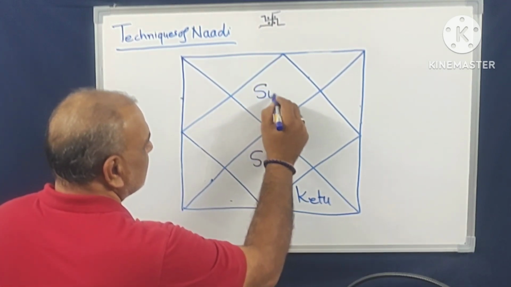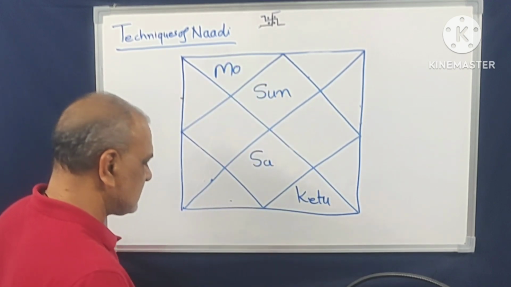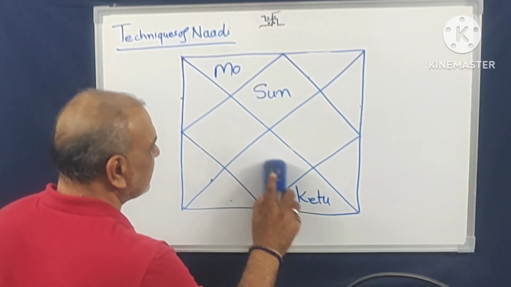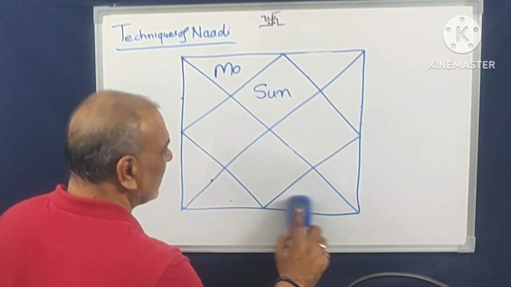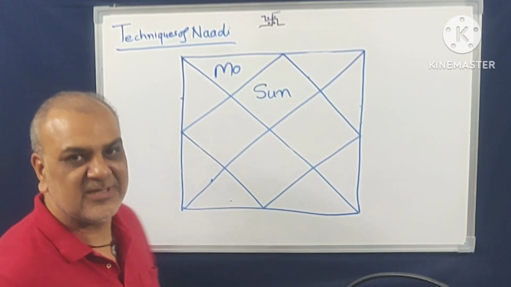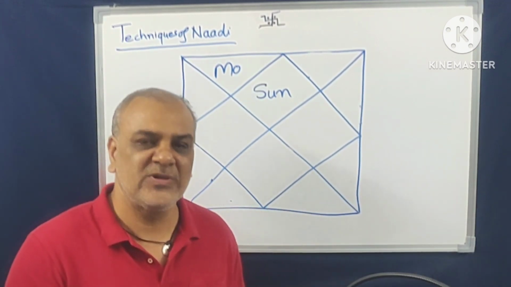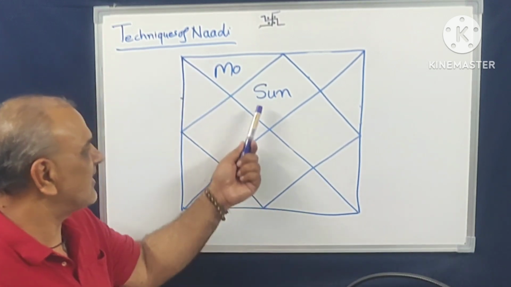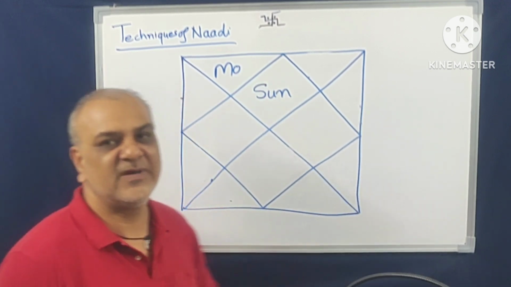In any chart, if you see this combination, Sun has Moon ahead, then you can easily predict that after the birth of this boy or this girl, father got transferred to another city. Sun is the Karaka for father, Moon is the Karaka for change of place. So when you see this chart, you can easily predict that after the birth of this child, this event happened